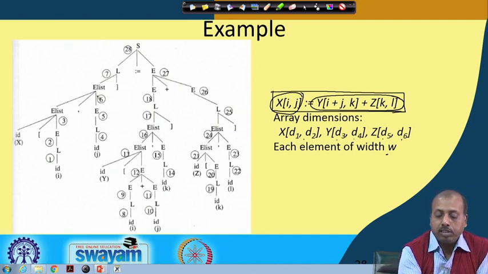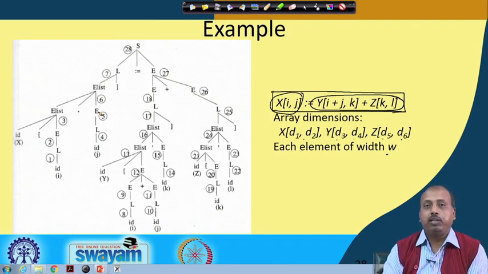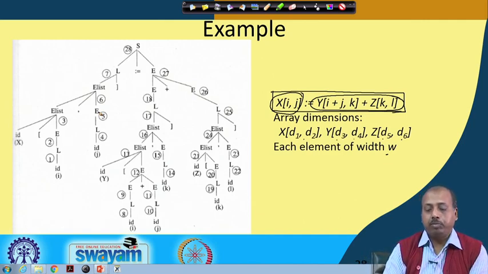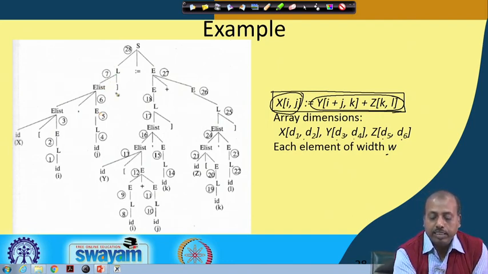So, we have to start with this production Elist bracket close. In fact, if you give it to the parser, it will generate the parse tree like that. For the sake of our practice, we will do it like this: L produces Elist bracket close.